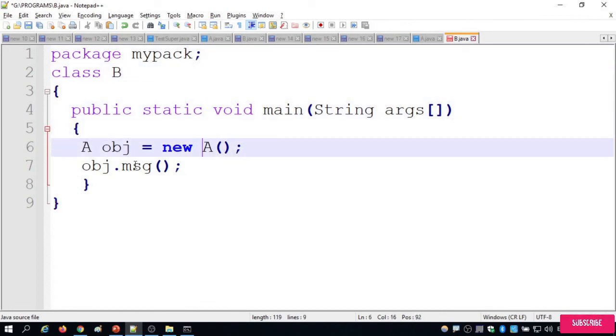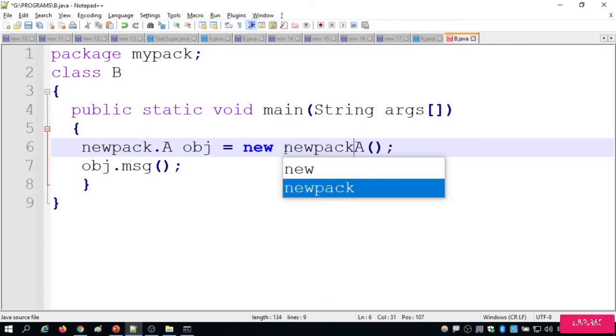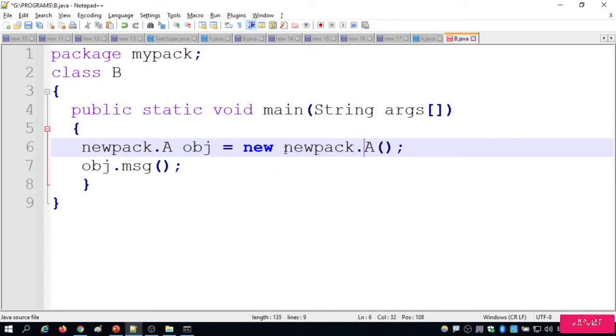You need to mention the package name each and every time, newpack.A. Wherever and however many times you need class A, you need to specify newpack.A every time. I hope you understood well, and if you have any doubts, you can comment below. Then I will reply as soon as possible. Thank you.